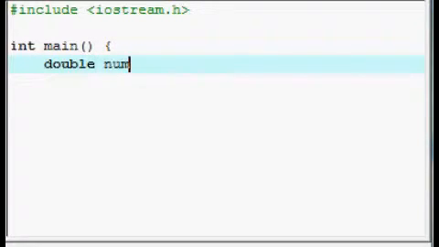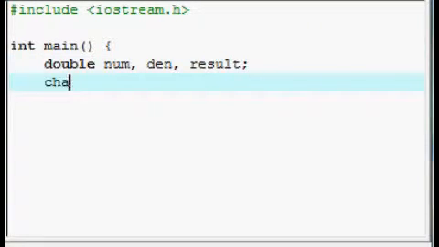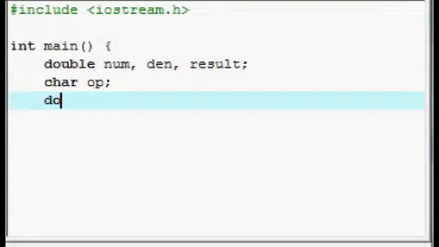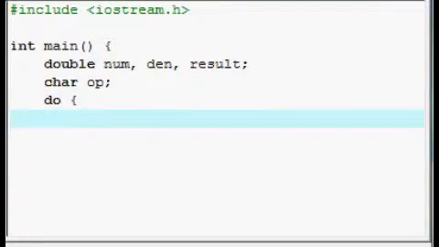and then there's the declaration of a double floating point number, three of them, the numerator, denominator, and the result, followed by a semicolon to indicate the end of the instruction. Now this is a do loop,